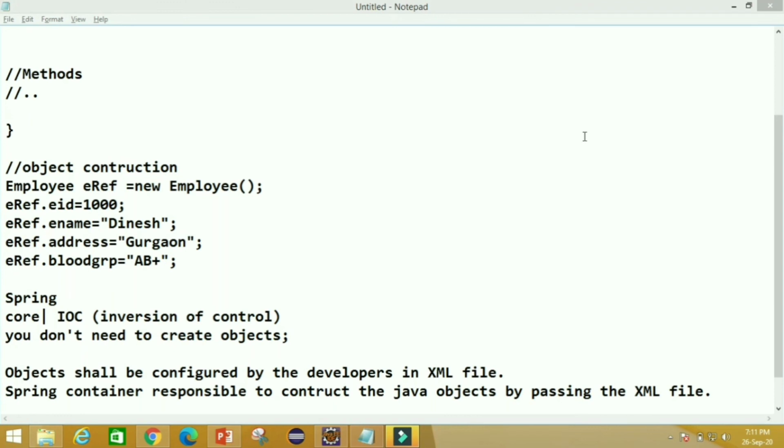So what is the benefit? The benefit is that we have an XML file which is not part of the source code, and we can manipulate the values anytime, and the object will be created accordingly. So how we can create this, let's see in our project.